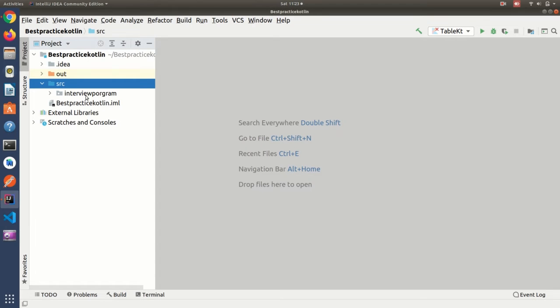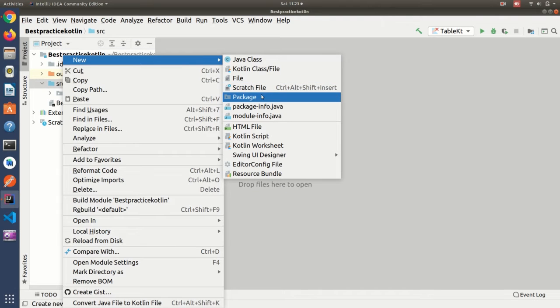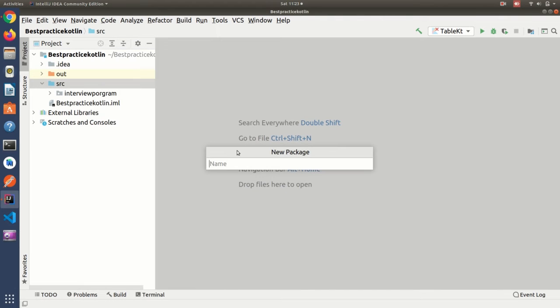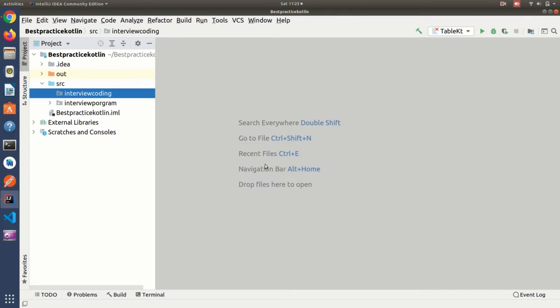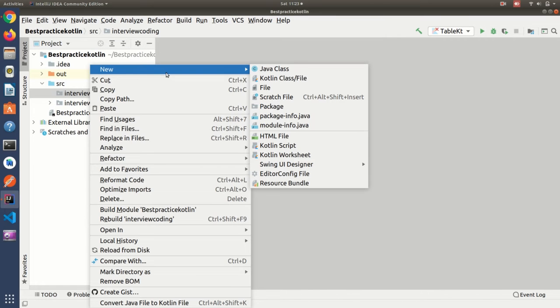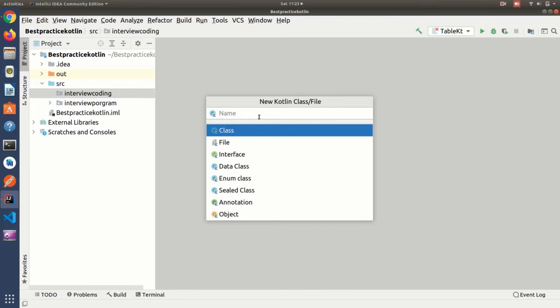So I need to go here. I'm going to create one new package, interview program. Oh, that is already existing. So interview coding. Okay, interview coding. I'm going to create one file that will be swap number,